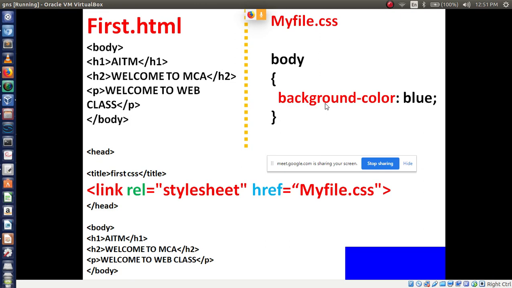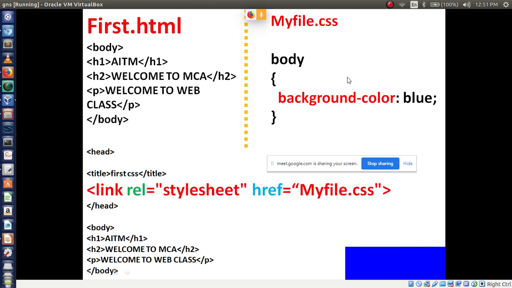This is the only difference. If you use bgcolor directly, you can use it inside the body tag, but in an external style sheet you have to use background hyphen color blue. Then the color will display in blue.